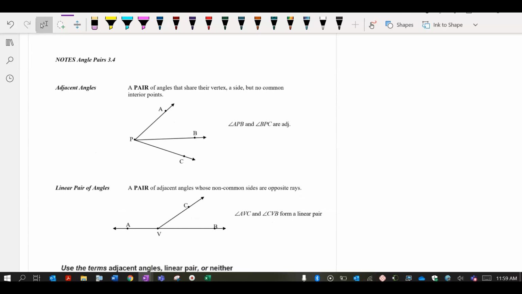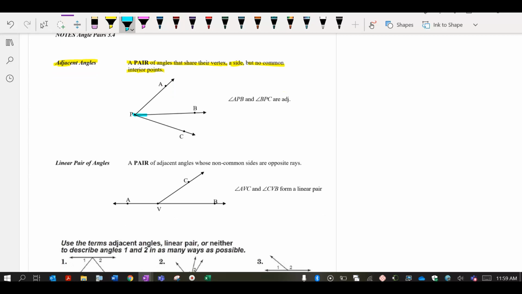Okay, the next part of the notes, here we have angle pairs. So over here, angle pairs, we talked about one pair of angles is the adjacent angles. Adjacent angles are when a pair of angles share a vertex, a side, but have no common interior points. Remember when I said if I put a point here saying M, it's only going to be inside of the angle APB, not in the angle BPC. Okay, so adjacent means next to. It's like you're adjacent to the door, adjacent to your friend. So here those angles are next to each other and they share this ray